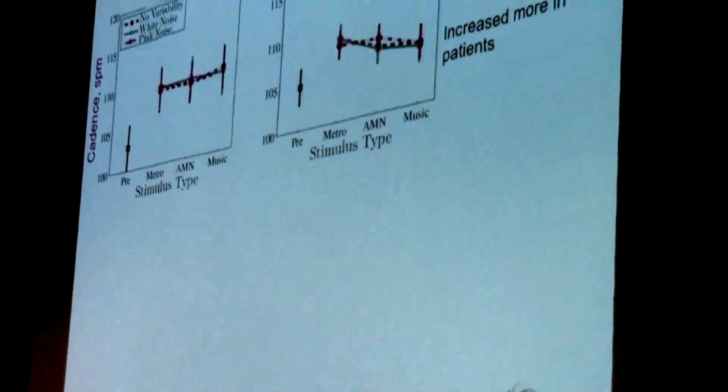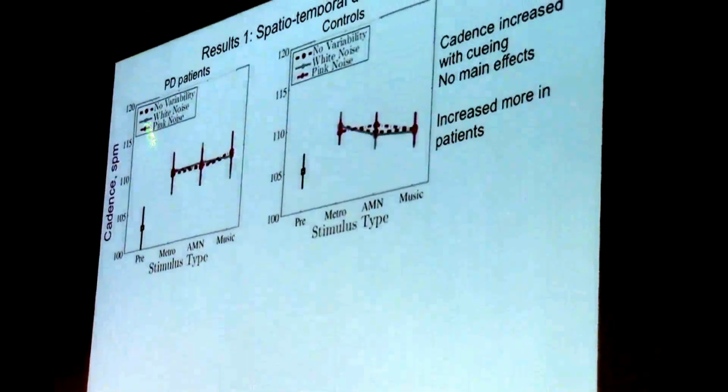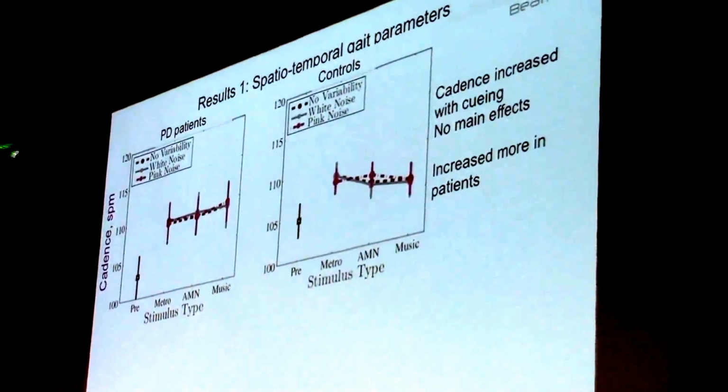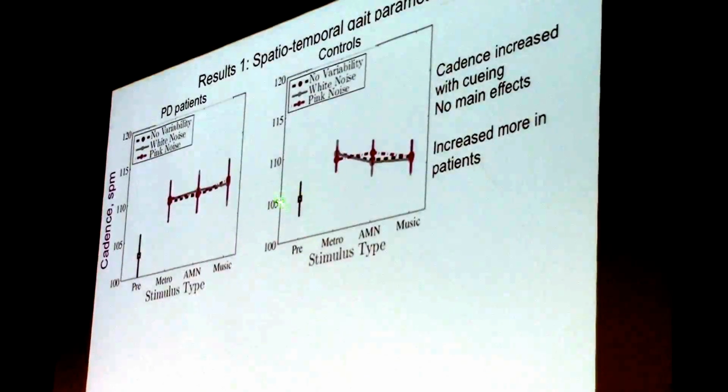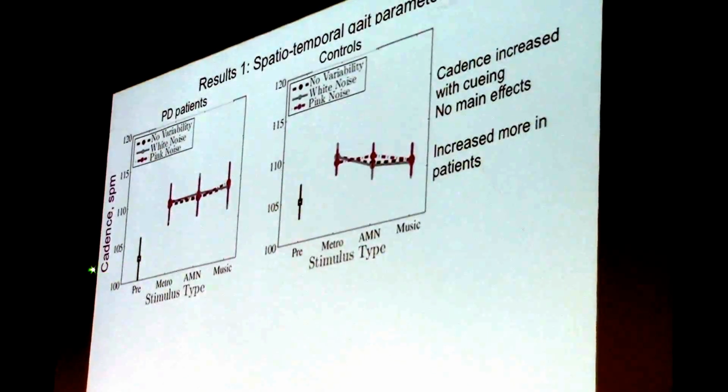And what do we find? At the level of the typical parameters, cadence, so that's their tempo. I always give you the pretest just as a reference. There are no differences. These are the PD patients. On the right side, the controls. This increase is expected, okay? But nothing happens here among the different conditions. And something might be going for the controls, but that's not important.